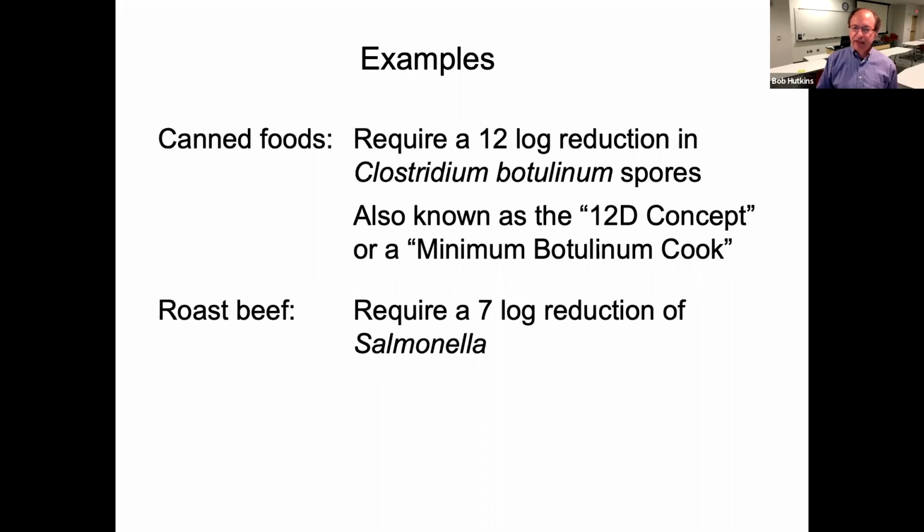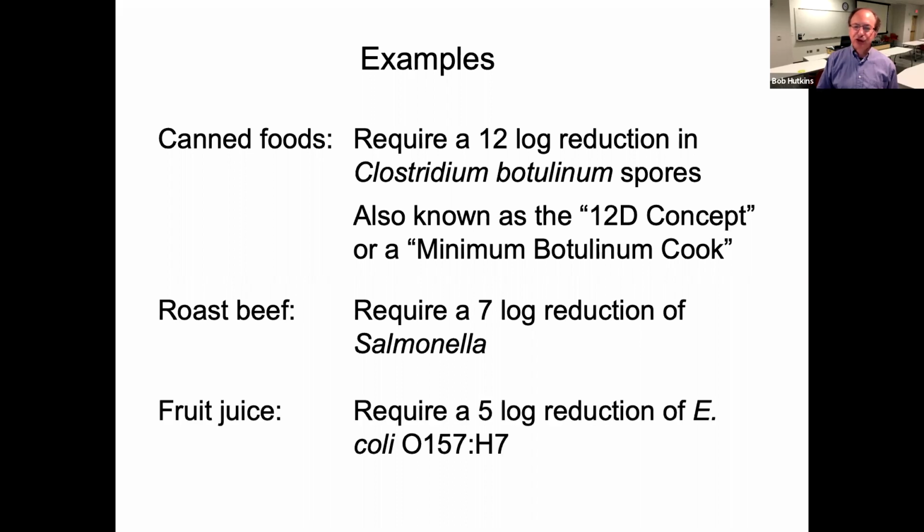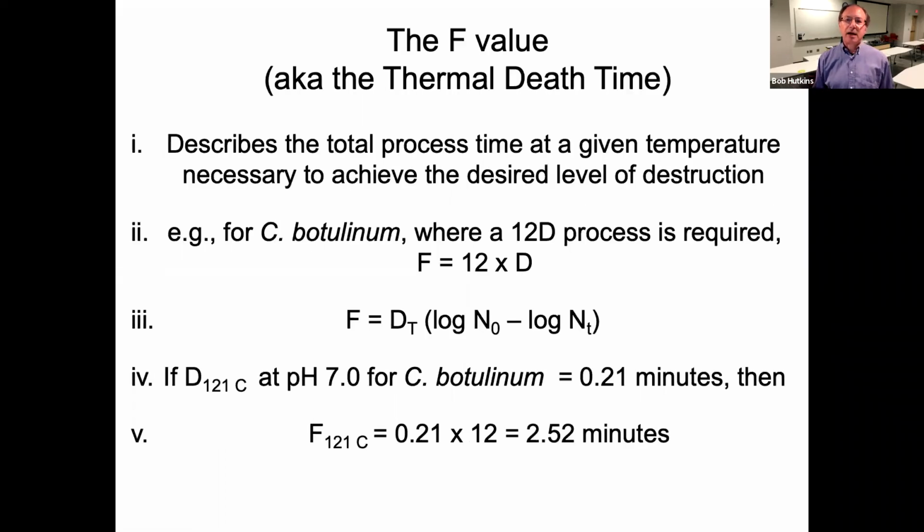In roast beef, that cooked roast beef example that I gave you before, like you see it at delis, require a 7 log reduction of salmonella. Okay, and then in fruit juice, the FDA requires a 5 log reduction of E. coli. Now, again, there's not too many requirements for other foods. So again, if you're pasteurizing beer or some other food, that's up to your own internal requirements. Okay, so now